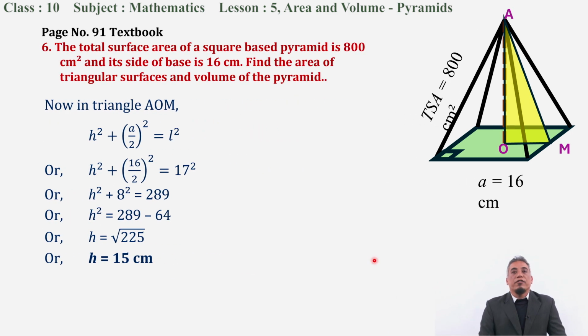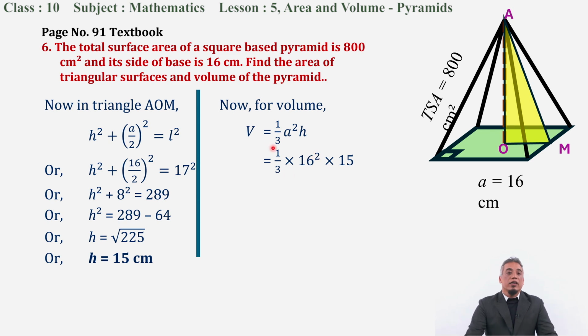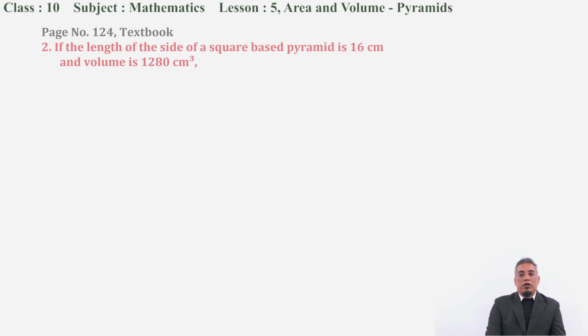Now, after having H, we can find volume. And formula for volume is, as already mentioned, it is 1/3 of A square H. And when you substitute all the required values, we get the answer as 1280 centimeter cube, which is the required volume. Okay, so